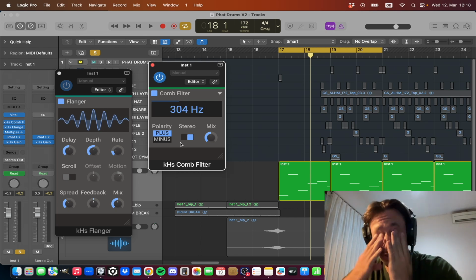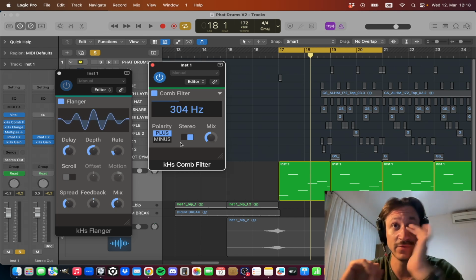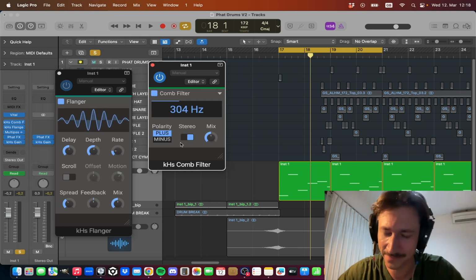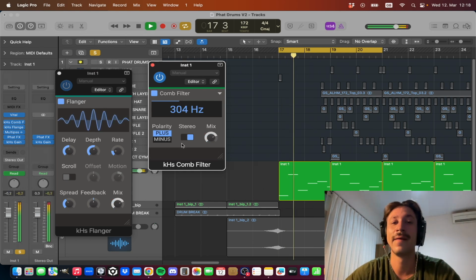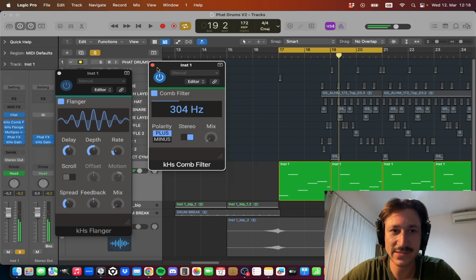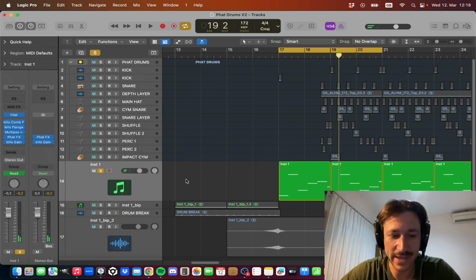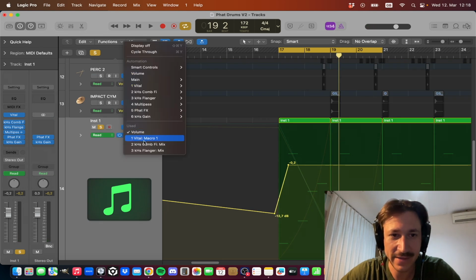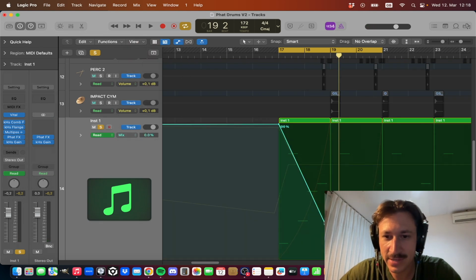Just for this part, because it's not really the actual drop yet, so I can afford to do some more creative effects, you know. So automate both of those guys and have a little jump right at the end. You can see my automation. I'll automate the comb filter down almost all the way, and then I'll have a quick jump down to 0 again,